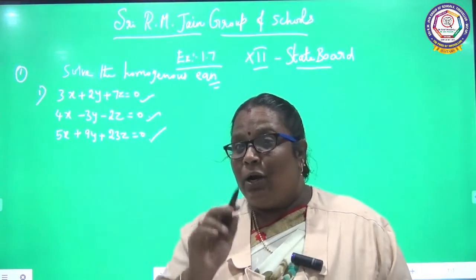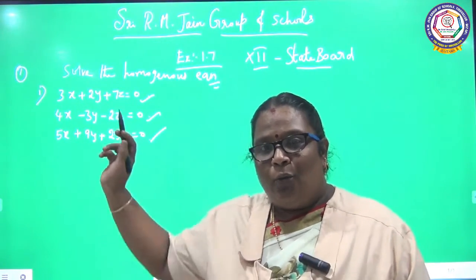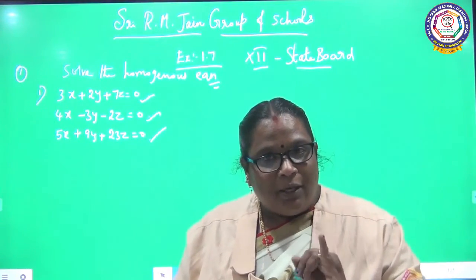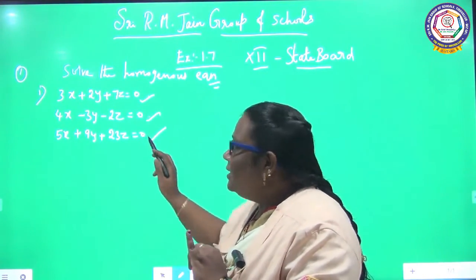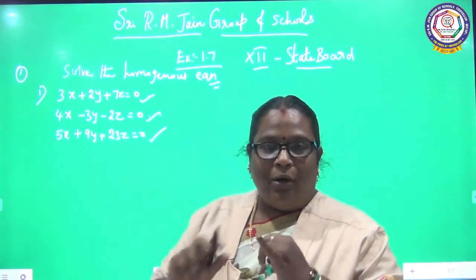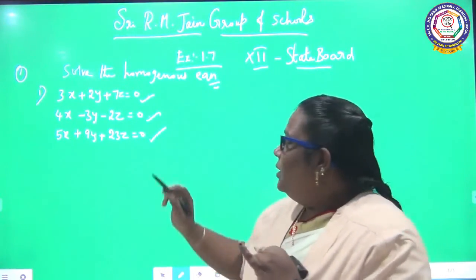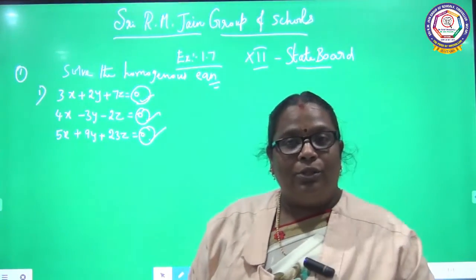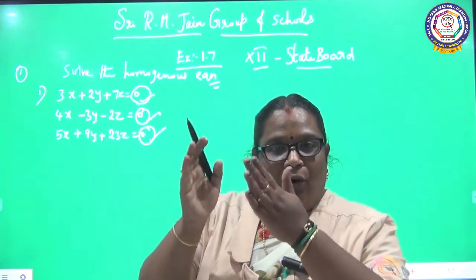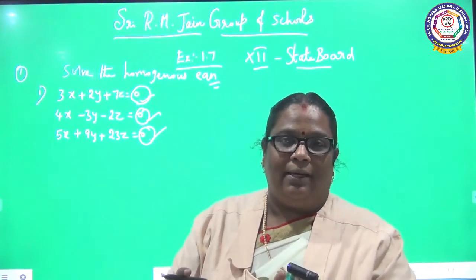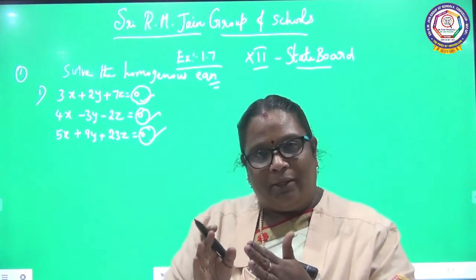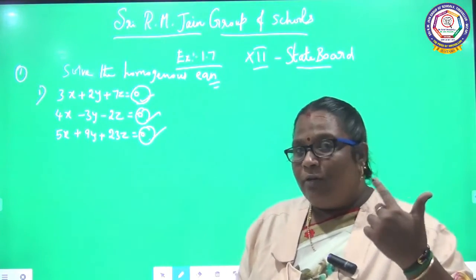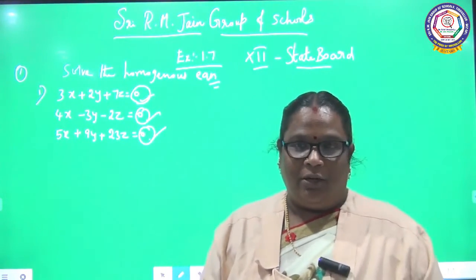Previously we have discussed the non-homogeneous equation. Now we are going to discuss the homogeneous equation. What is a homogeneous equation? This is the constant, that is the variable. Constant values are 0. But non-homogeneous equation means the constant values are some other numericals. Okay, I hope you understood. See here, this is the non-homogeneous equation, what we discussed previously.